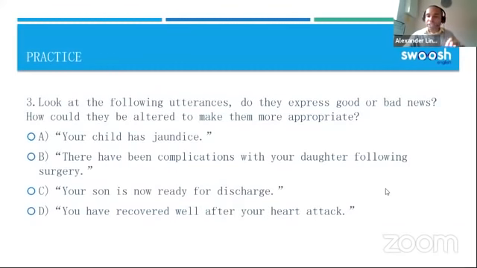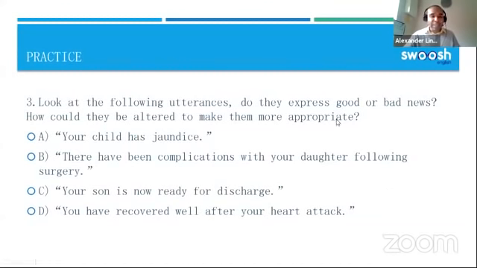I'm sorry to say that your son has jaundice, but yeah, and then talking about the available treatment would be a very nice way to make this more appropriate. So obviously, as it is currently, it's too direct, and there isn't any sort of discourse marker to express whether this is good news or bad news. So you're not helping the patient process the information, but certainly saying, I'm sorry to say, or I'm afraid that your child has jaundice, definitely helps the patient to process that information better. And talking about treatment would be a really nice way to soften that bad news as well.